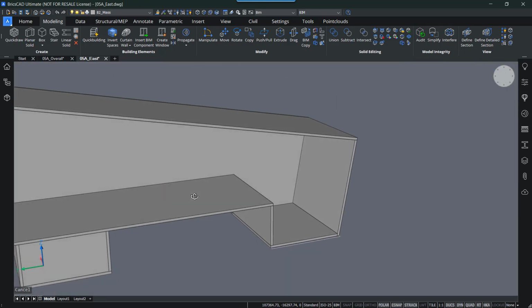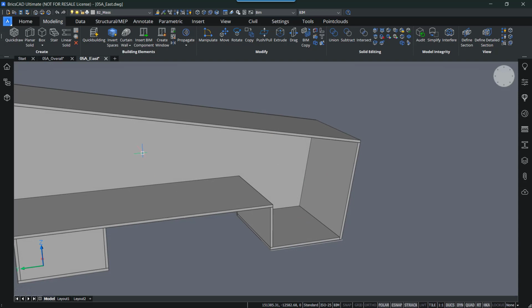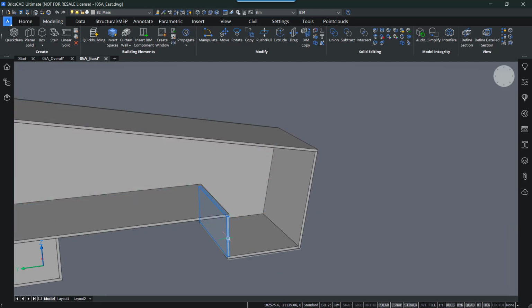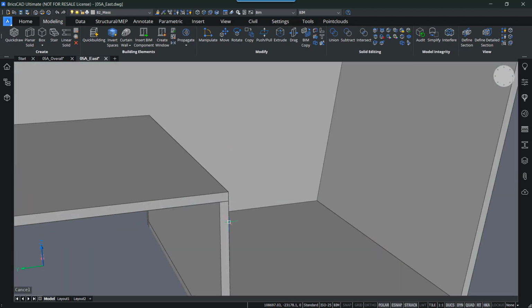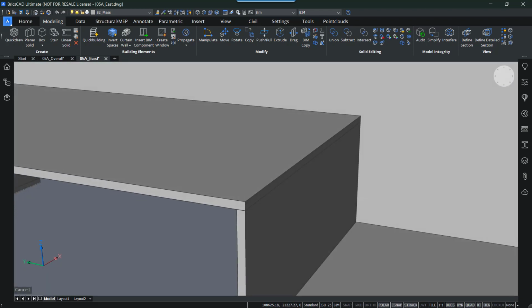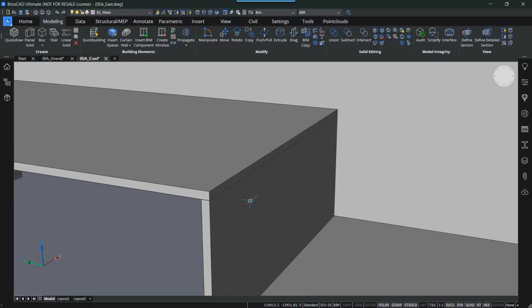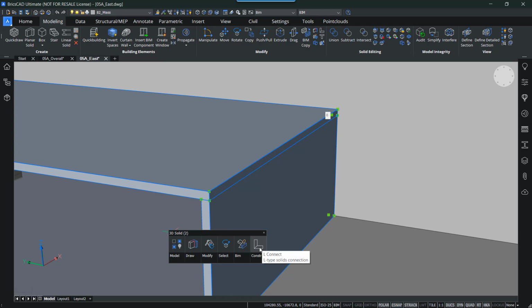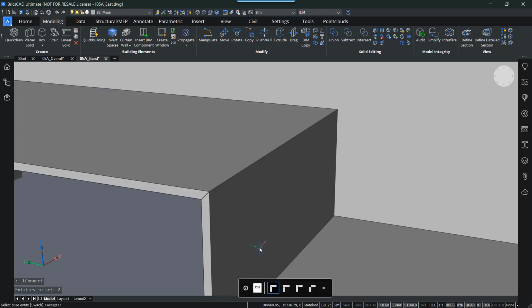What I also want to do is have a separation between this part and this part. So I would like to have this wall extended to the top of my roof. Here I can do that by, first of all, changing the connection between this slab and this wall right here. So if I select these and go ahead and open up L-Connect, I can use the control key to toggle to the different options.